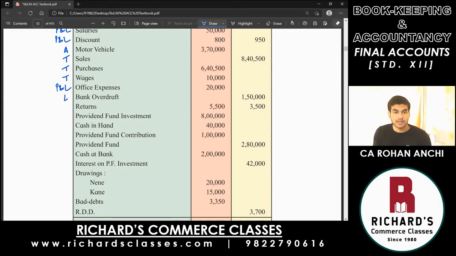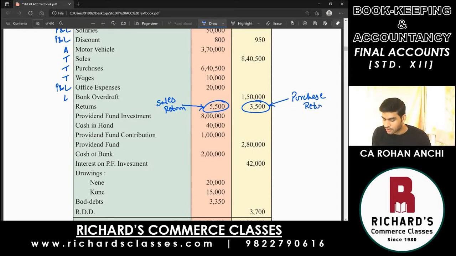Then bank overdraft. Liability. The next item, returns, and this also is in both columns, debit and credit. I want you to tell me the returns that you see in the debit column, which are those? Sales return. Very good. And the one that you see in the credit will be purchase return. It is exactly, I told you, the opposite of sales and purchase. So they cannot be in the same column. Sales return and purchase return will be on the opposite side of sales and purchases, which is there on top. You tick mark sales and you tick mark purchases.